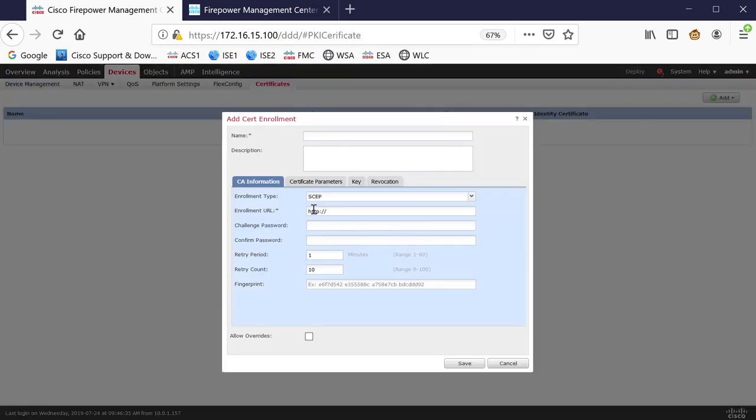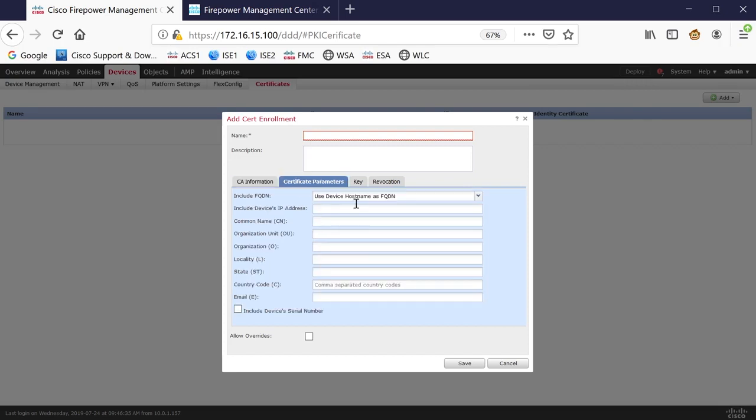and possibly add a new enrollment, like give it a name. This is more of a name of the CA where the fetched CA certificate and identity certificate are going to be stored. So we can choose the enrollment type. If this is going to be SCEP, you have to put the URL over here. This is where you specify the identity certificate options, so the subject, the distinguished name,